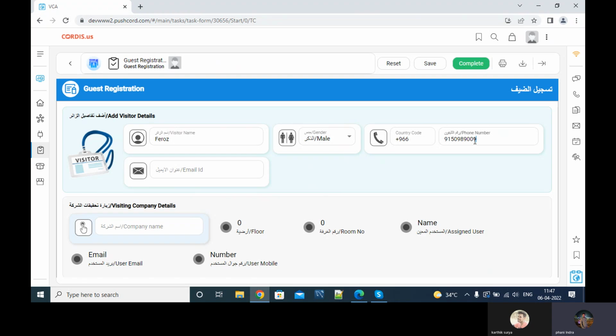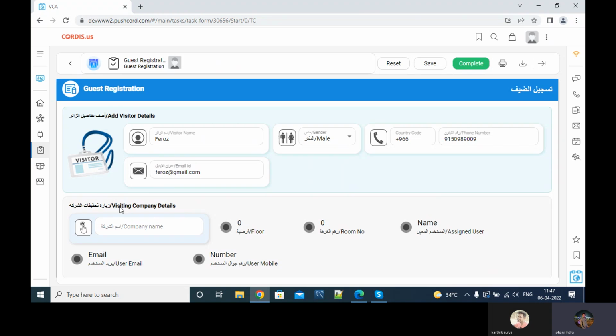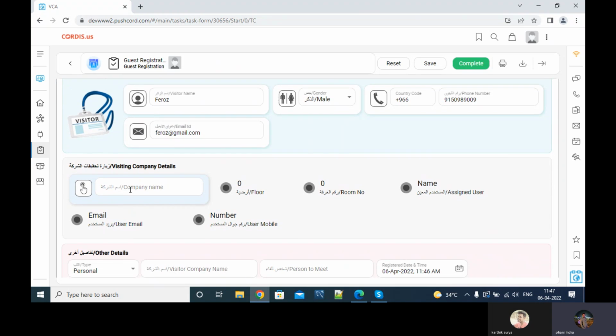On email ID also, we can take it from the visitor, and we can enter whatever it is. And in a building, there are a lot of companies. He needs to select which company he came for. Suppose here I have given 4 companies, so he is looking to visit ABC